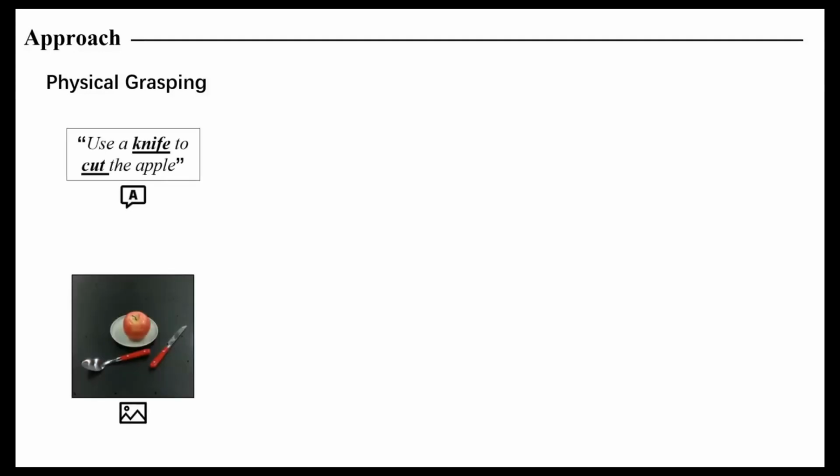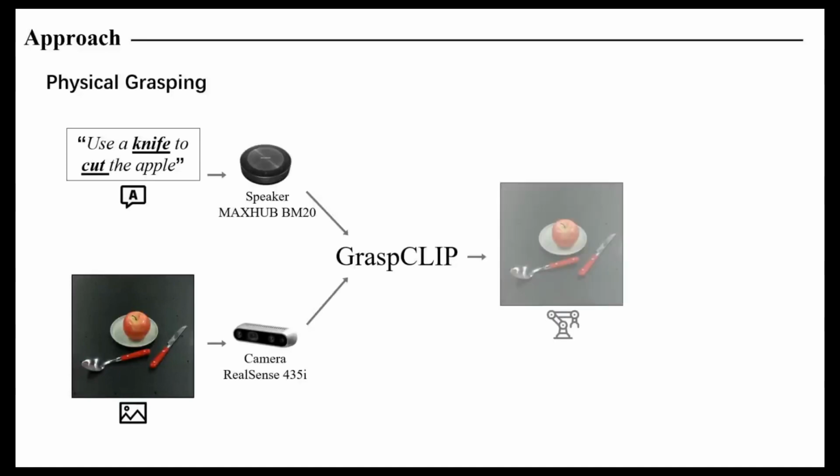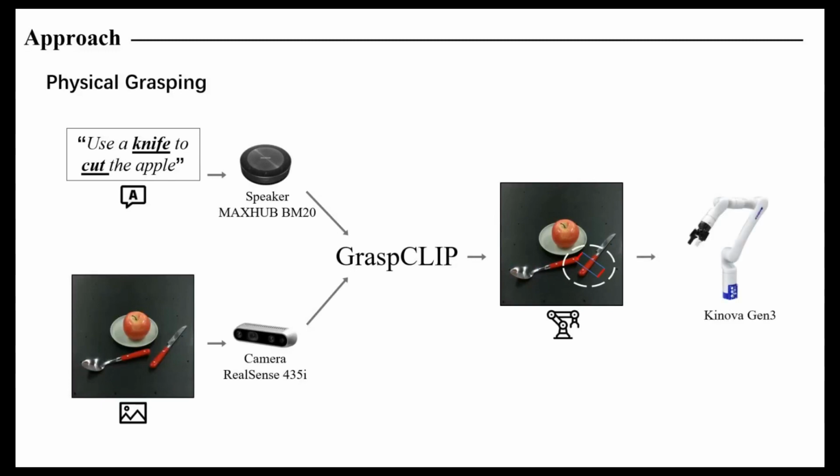To showcase the practicality of GrassClip, we integrate the algorithm into a 7-degree of freedom assistive robotic arm platform to grasp previously unseen kitchen tool objects. The robotic arm is equipped with sensors that gather multimodal data, which is further processed by GrassClip to generate task-oriented grasp predictions. Subsequently, the robot executes the predicted grasps.